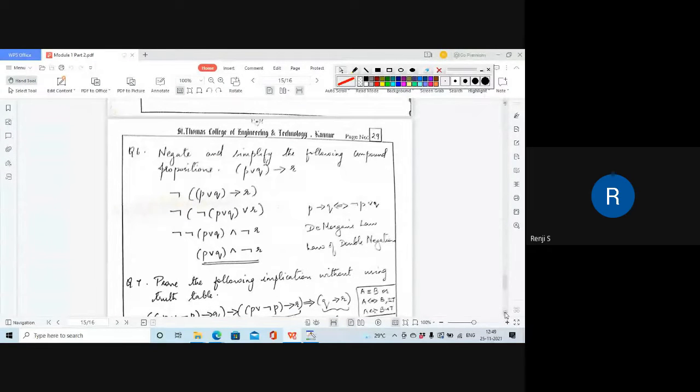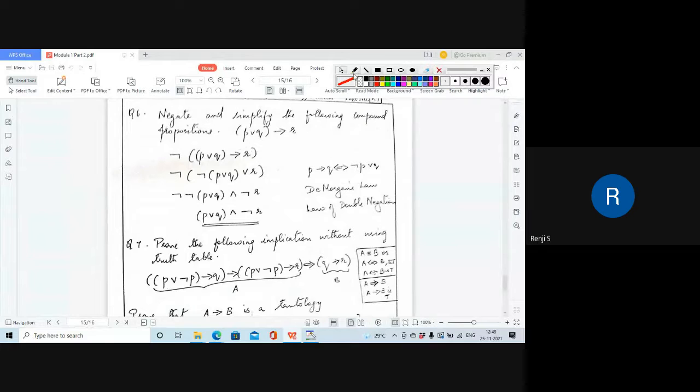Look at this symbol here. This means it logically implies, isn't it? We had studied it earlier, that the double arrow indicates that the left-hand side logically implies the right-hand side. So to prove that, you can also prove that A implies B is a tautology. We had written earlier to prove that two logical propositions are logically equivalent. We can also prove that A implies B is a tautology.